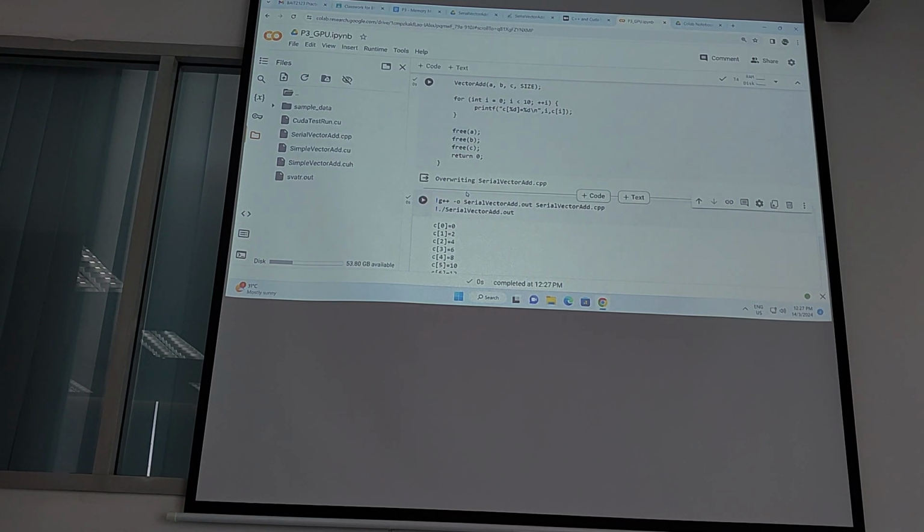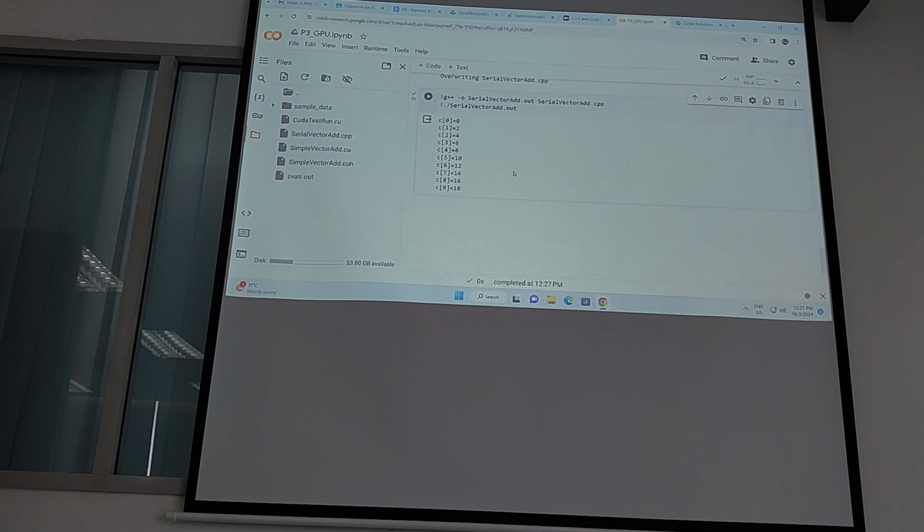Then it gives me the first end result. So this result is correct, right? 0 plus 0 is 0, 1 plus 1 is 2, 2 plus 2 is 4, 4 plus 4 is 8, and so on and so forth. So I don't have to check the rest. I know that the rest of the 1,000 elements will be correct because the first ones are correct. So I assume that it's correct. So I showed to you how to compile using G++. But later on when you do the parallel vector add, the parallel vector add is going to use GPU, right? So you have to use NVCC, don't use G++,